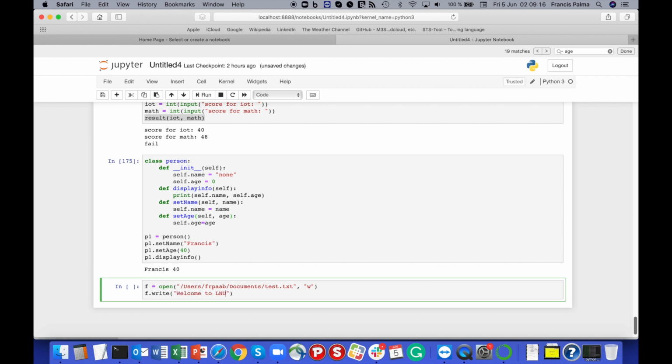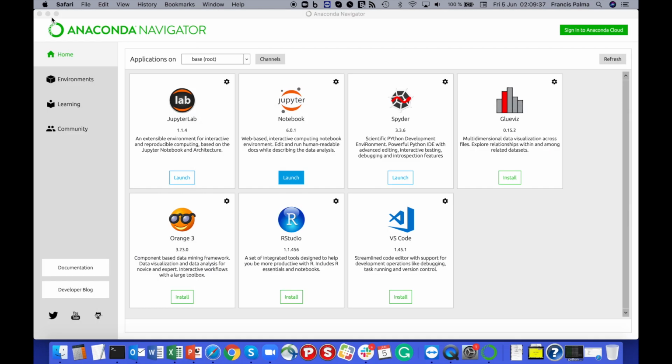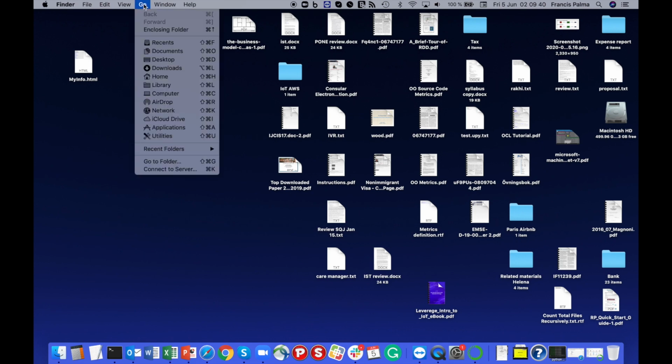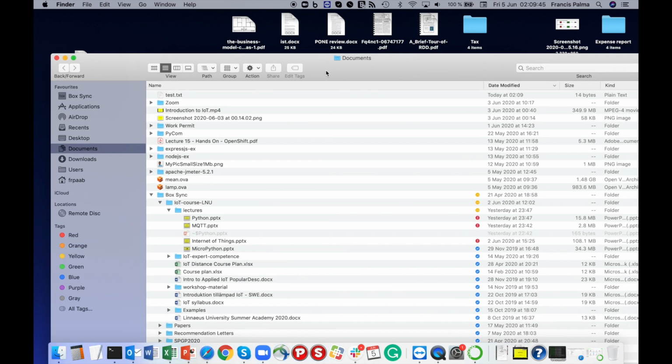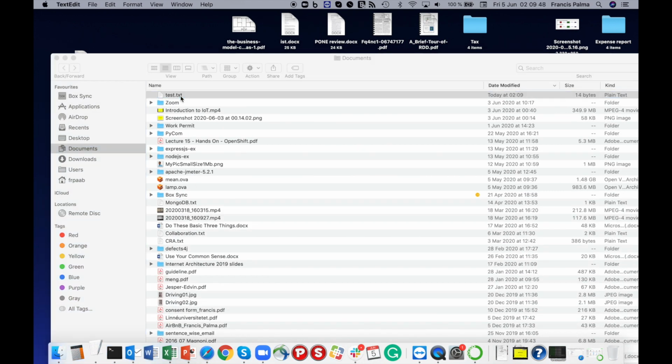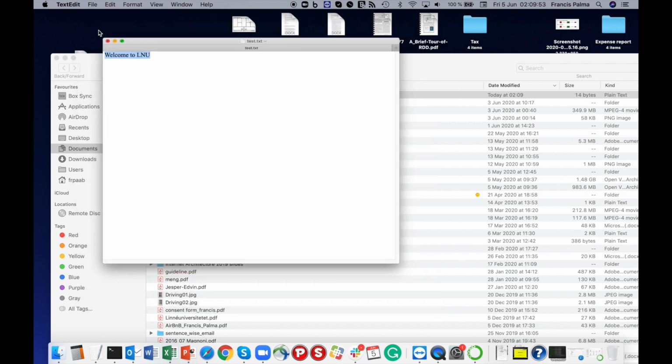Welcome to LNU, and what I have to do is simply close the file after I am done. So if I execute this, there should be a file in this location, in this name, and in that file we should have welcome to LNU. So let's check that. Documents, and then you can see that I have this text file and it has this welcome to LNU text that I just wrote,